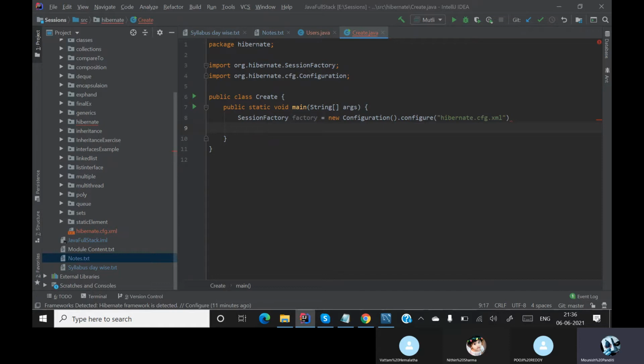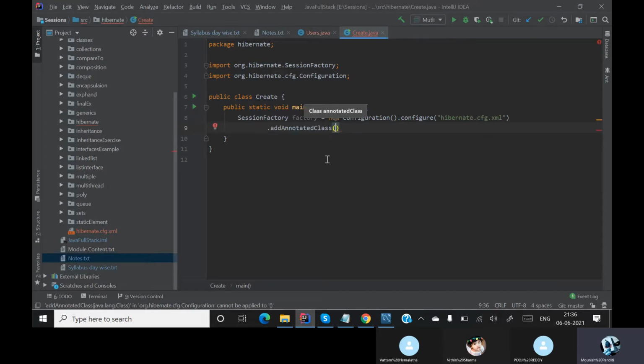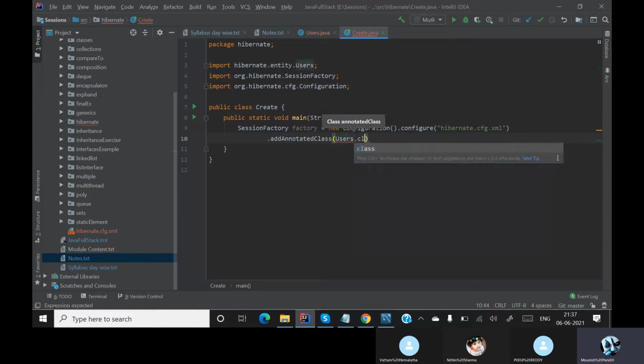After this, everything is configured, but from which class do you want the entities to be present? We have the classes present in users.java. So always remember to add the annotated class, say users.class. After everything is done, then you build your session factory.